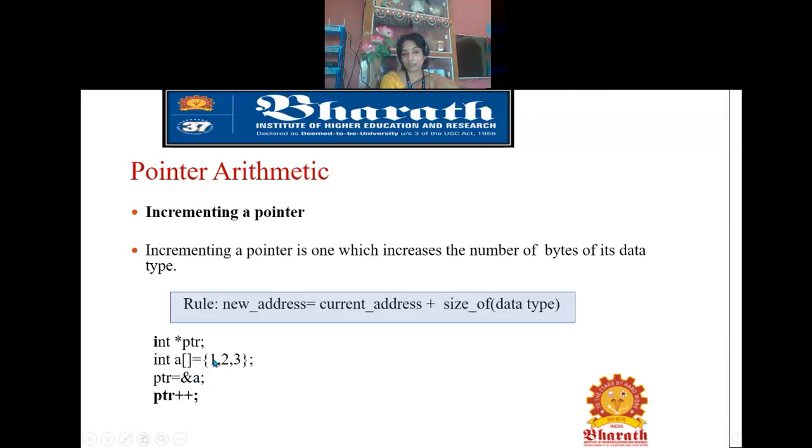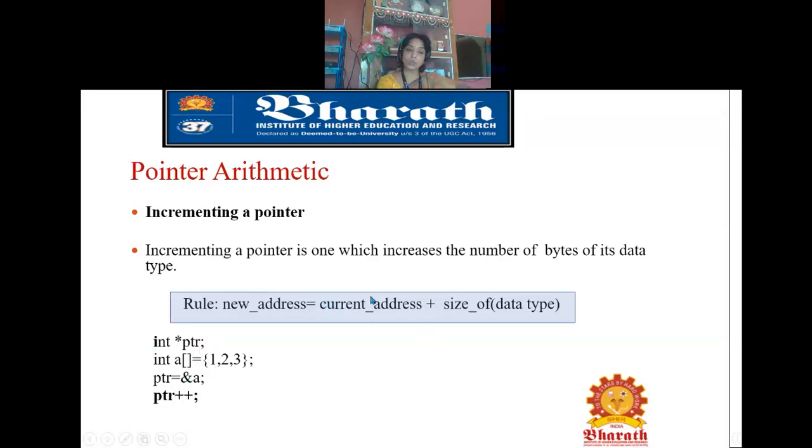First, the memory location where 1 has been stored is stored inside ptr. Now if I increment the value of ptr, it will point to the memory location after adding 2 bytes, because each integer occupies 2 bytes. So that much memory is added to the base address.